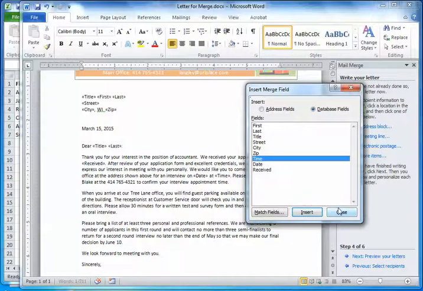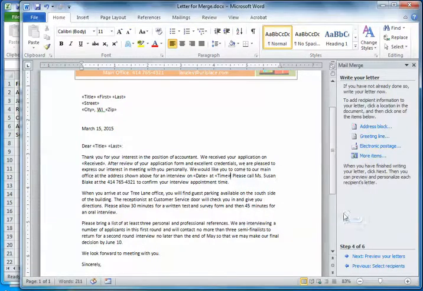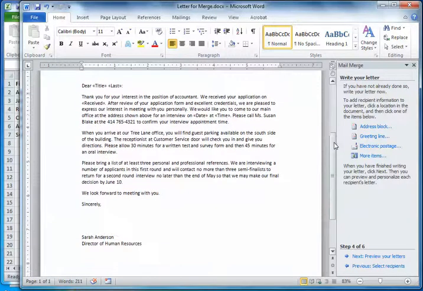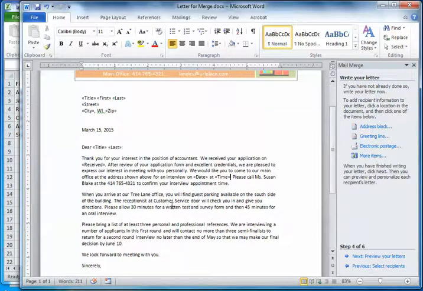And it already is inserted, so don't make that mistake of hitting insert, because I double clicked. If you single clicked, then you'd have to hit insert. Okay, and close. All right, and you've got the idea that you could insert 50 different things into your mail merge letter. If you had some data, you could insert a table or a chart that's personalized for each of your customers. Okay, so I'm done with creating my letter, and now it says the next thing is to